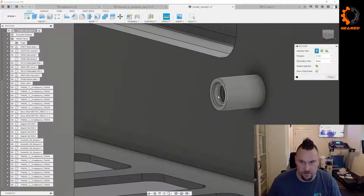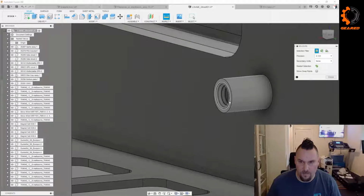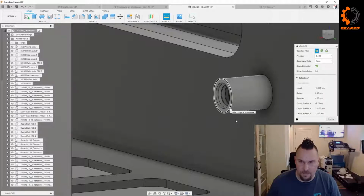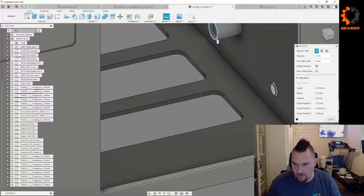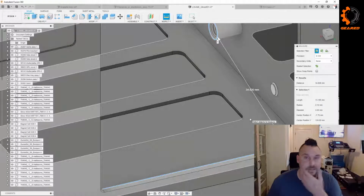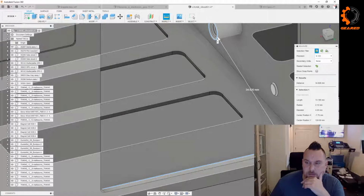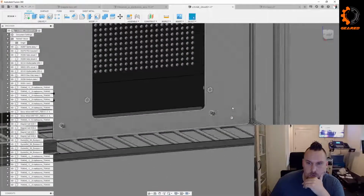If we hold down Control, we should get our... No, come on. Shift. This is not giving me a snap point. Shoot. Why is that? Maybe it'll give me the min and the max measurement there. From there to there. I don't want the outside dimension. That doesn't help me at all because we have different diameters. Well, we can do it the...